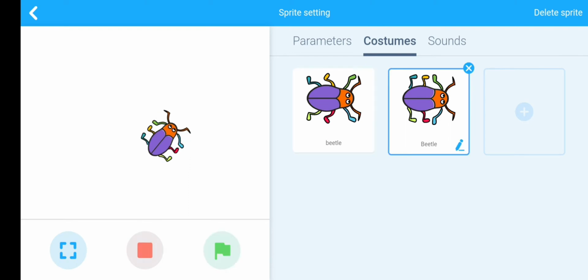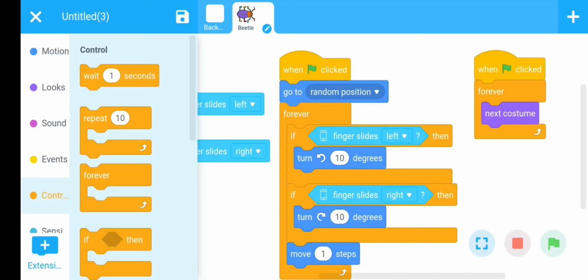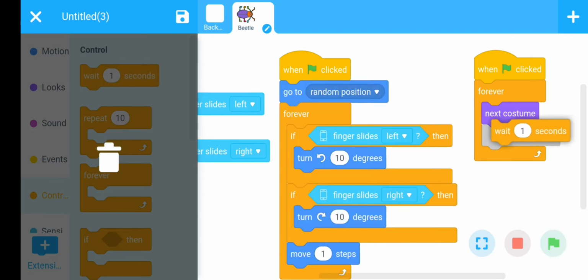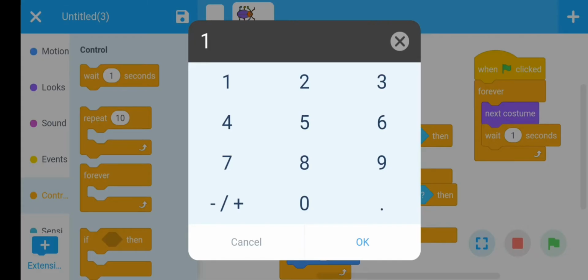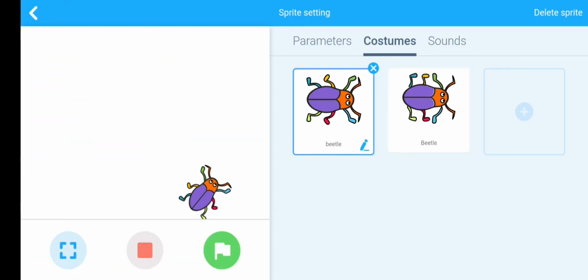The switching is very fast, so add a delay here. You can add a delay of any seconds. I want to take here a 0.1 second delay, and then again run the code.